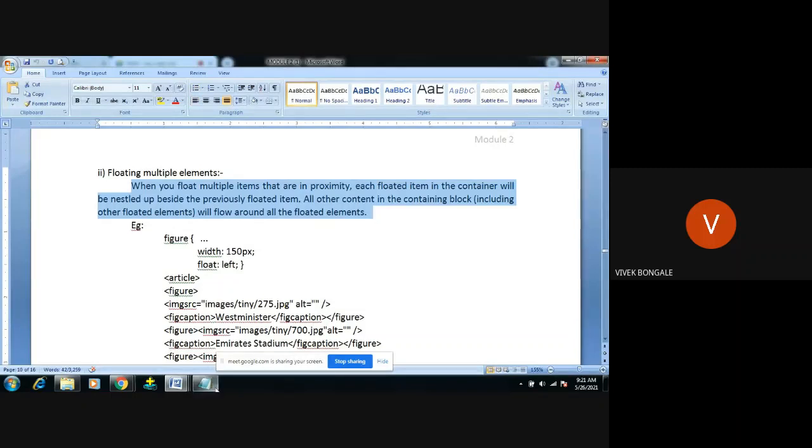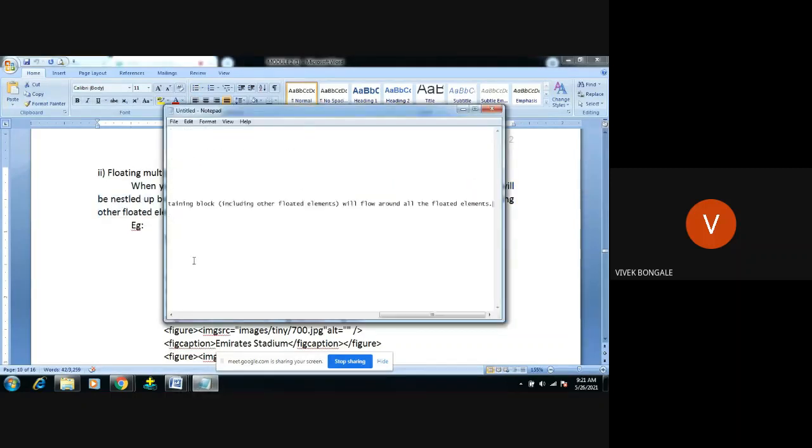Control C, move here, and paste it. Then close this paragraph and close this container. We're creating one container, one class for CSE, and now we're going to create one class for ISE. Div. Okay, this is done.